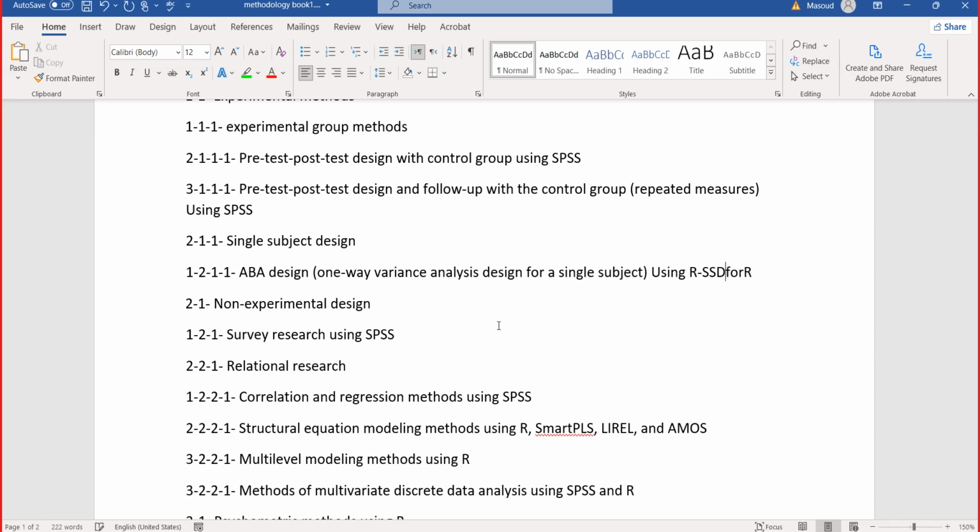And the logic is about sampling the behaviors of the examinee and generalizing this to the population of behaviors that the subject has. This is the logic. So the same statistical methods like ANOVA are used for this kind of design.